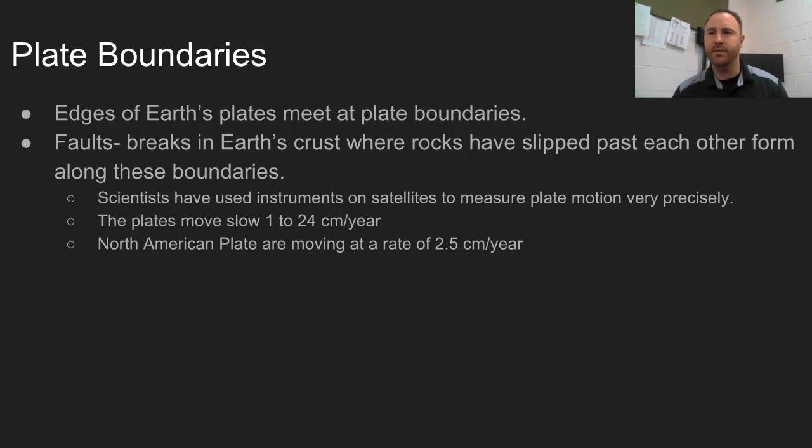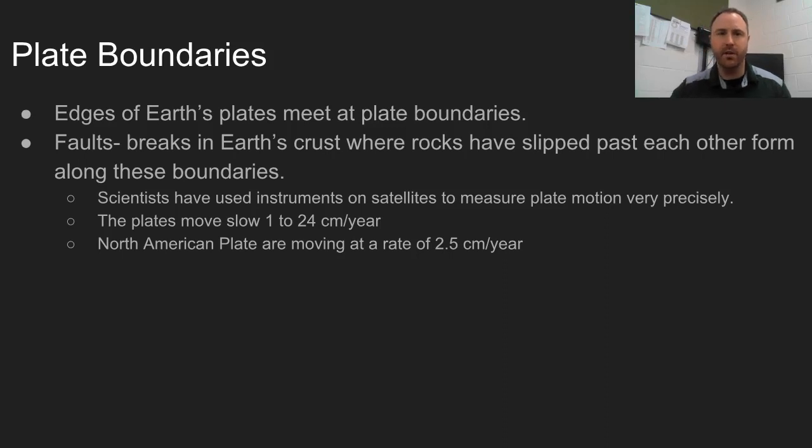Well, they've been drifting very, very slowly. In fact, it's 1 to 24 centimeters a year. Right? So that's a very small amount, so it's going to take a long time before that happens. The North American plate is moving at a rate of 2.5 centimeters per year. So think of what a centimeter is, and it's moving only 2.5 centimeters a year, and we are obviously on